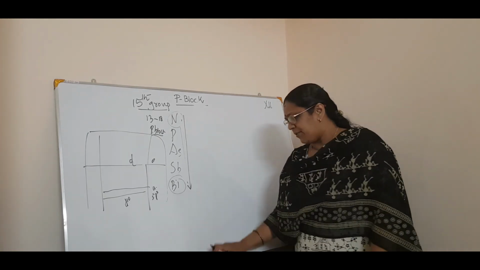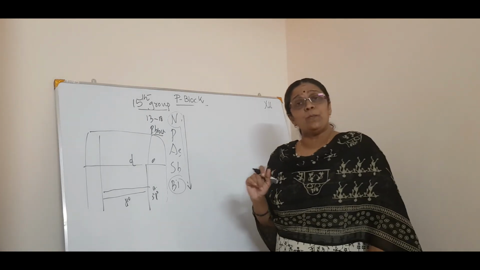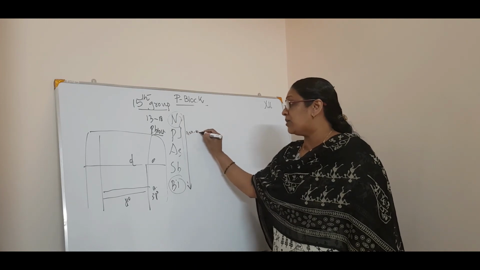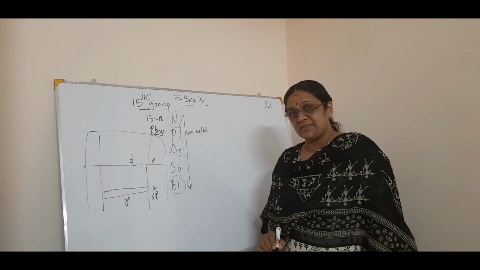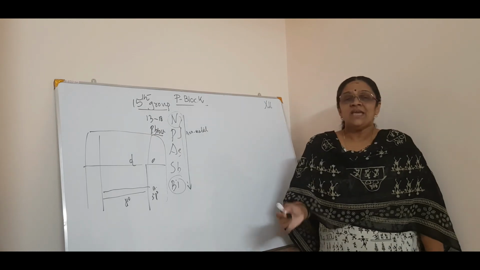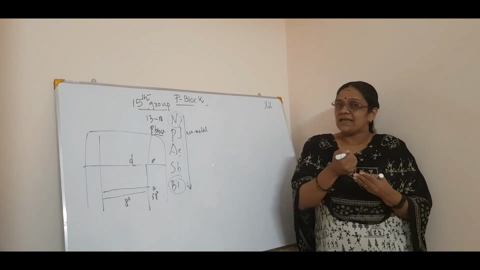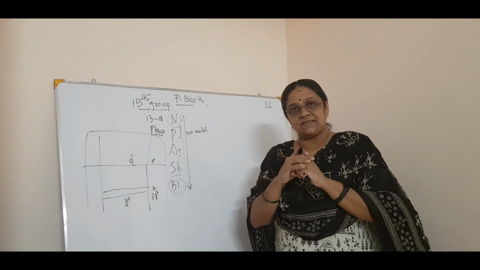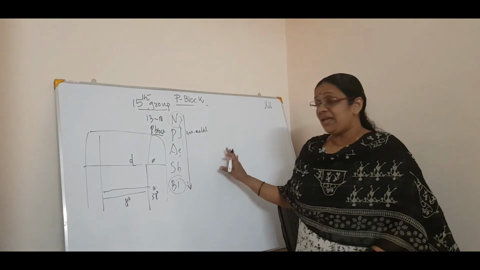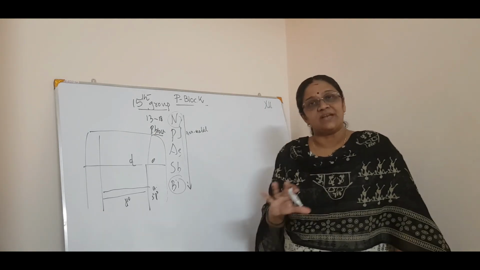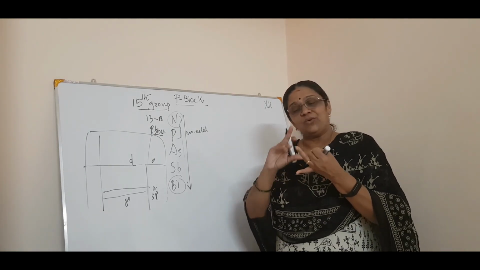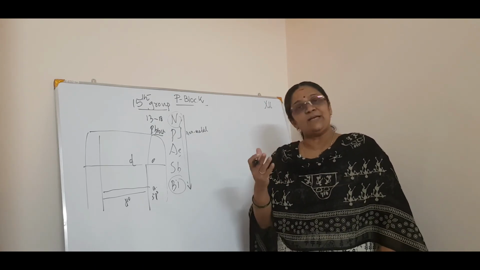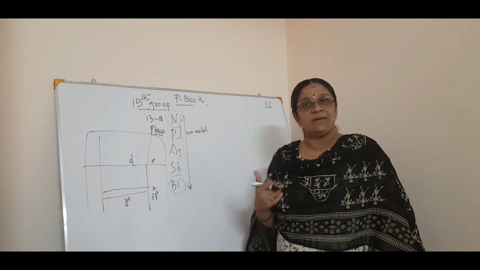What is the physical property when we talk about this 15th group? Nitrogen and phosphorus are non-metals, isn't it? P block, mainly non-metals, but in P block there is a speciality. In S block you will say it is alkali and alkaline earth metals, and in D block you can only get metals, isn't it? But in the P block you can have all three: metals, non-metals, and metalloids. So all three types of elements you can have in the P block.